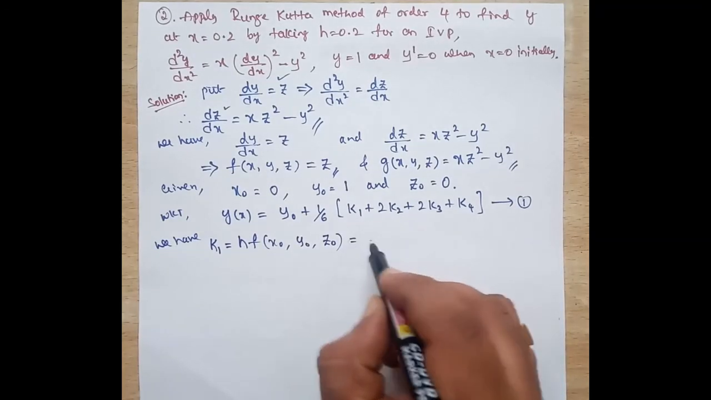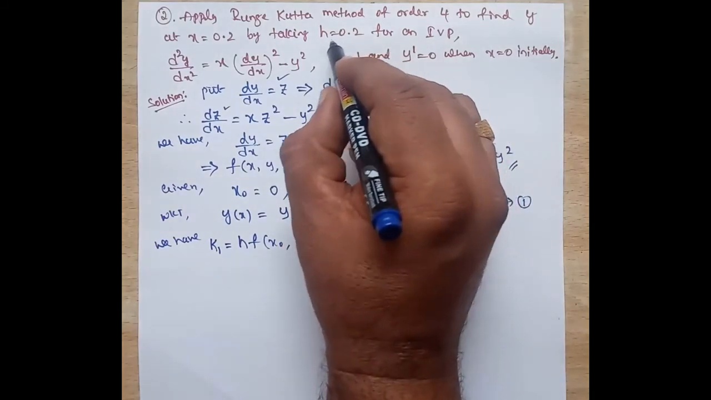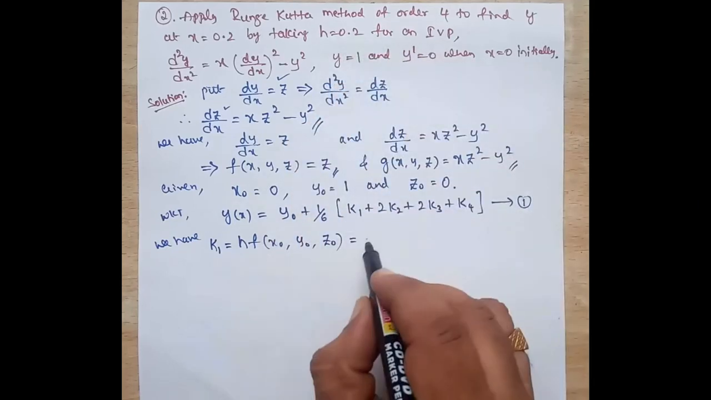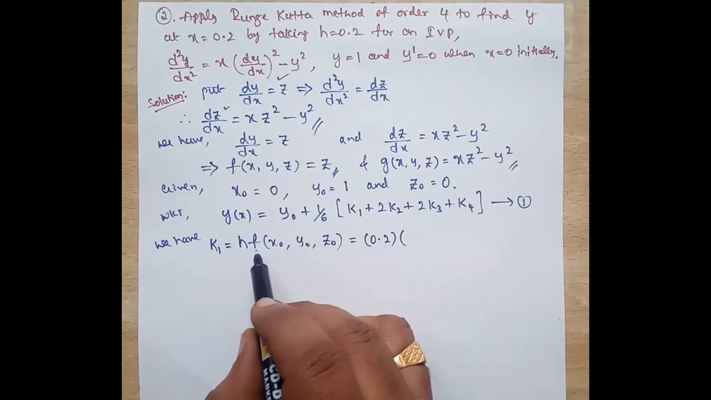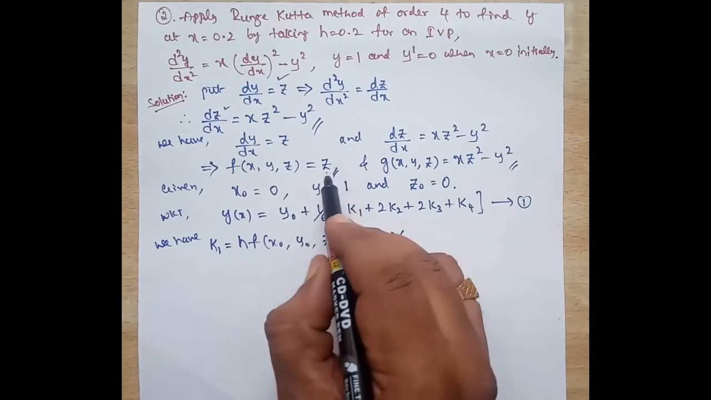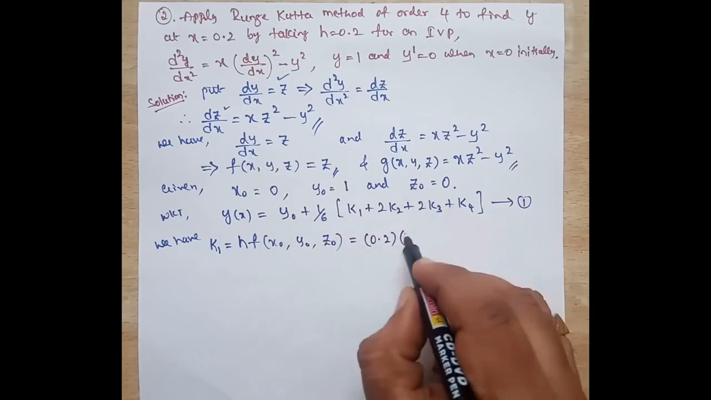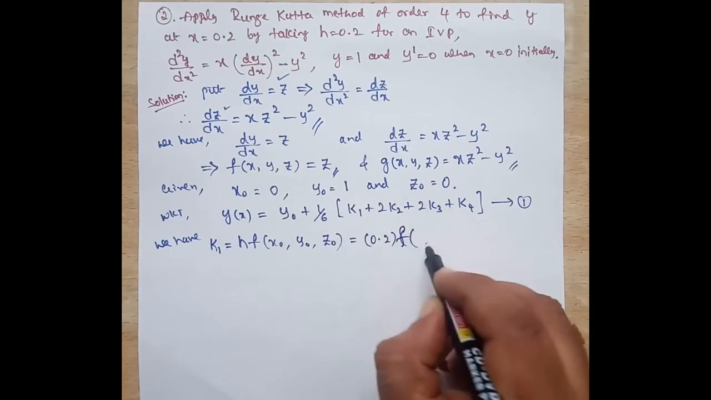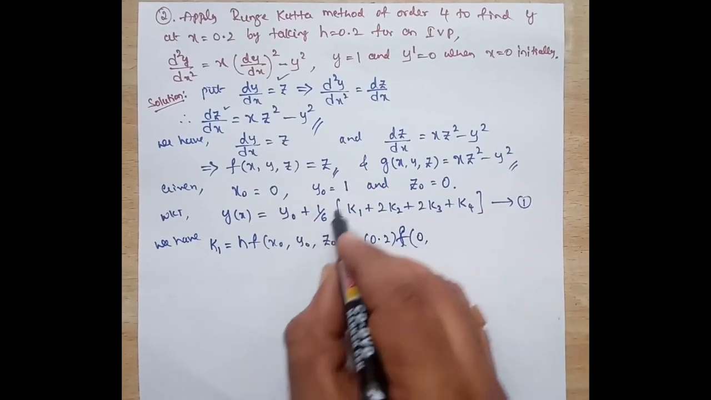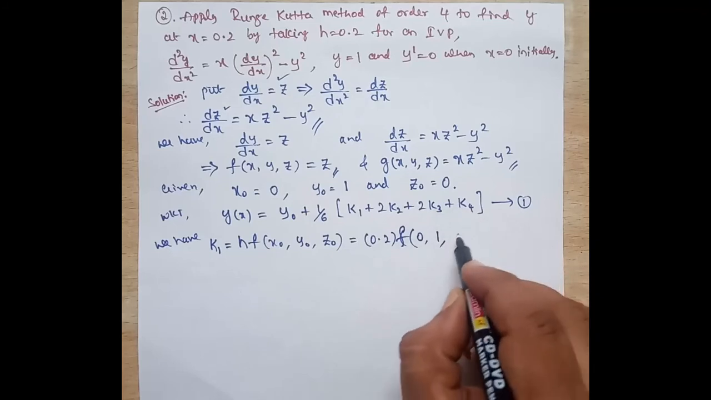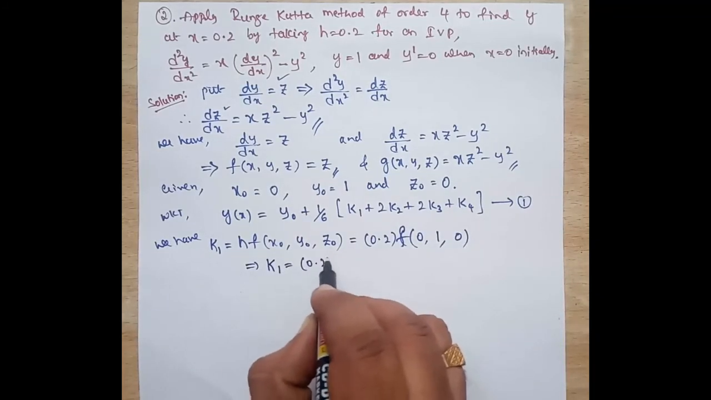This is equal to, what is h? In this problem h is already given, 0.2. So I'll substitute that, 0.2 into f. You know f of x comma y comma z is z. So I'll write one more step: f of x naught, what is x naught? 0, comma y naught, y naught is 1, comma z naught, z naught is 0. Later we'll substitute. This implies k1 equals 0.2 into